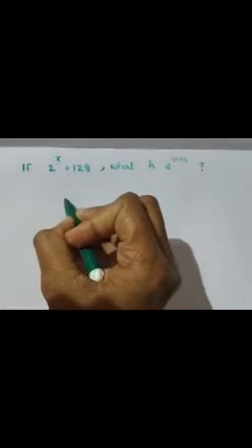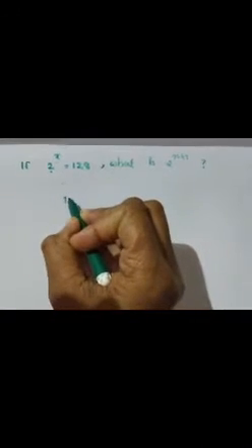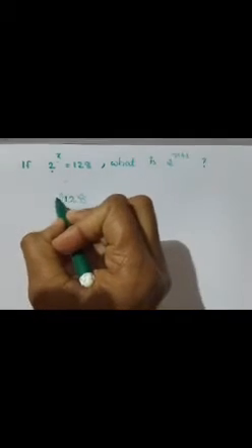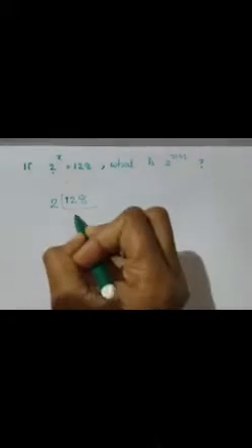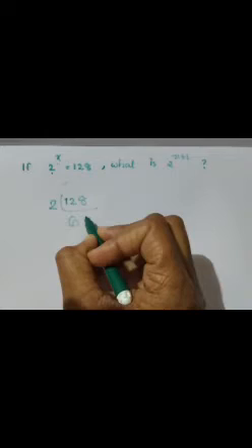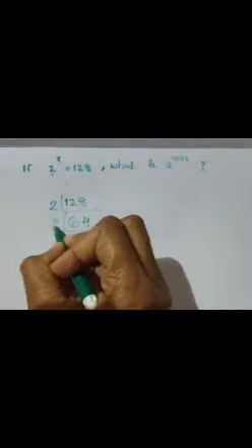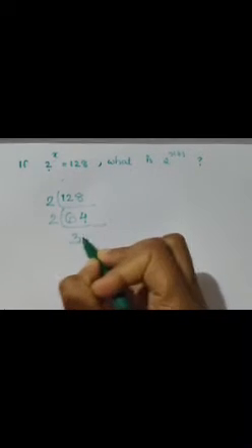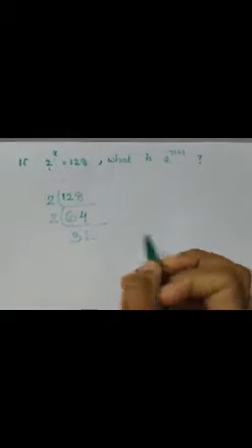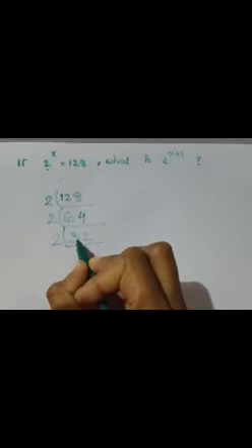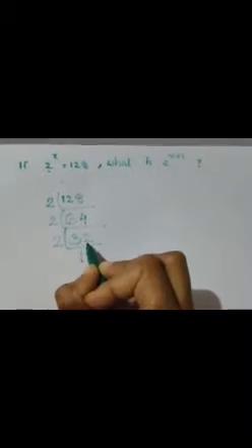Okay, here the base is 2. So we want to factorize 128 in terms of 2. 6 2s are 12, 4 2s are 8. Ending with 4, so we can again factorize using 2. 3 2s are 6, 2 2s are 4. Again it is an even number, so we can factorize with 2. 1 2s are 2, 2 carry 1, 12.